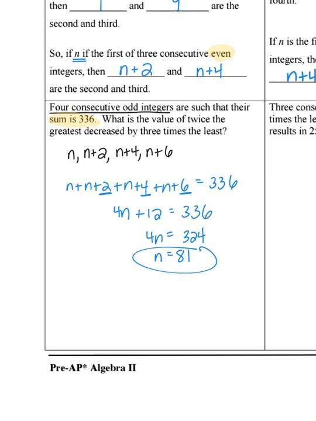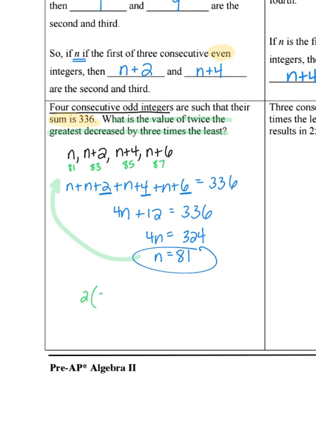It says, what is the value of twice the greatest decreased by 3 times the least? So twice the greatest, so the greatest is n plus 6. So actually before I do that, I'm going to fill in what my integers are. So if n is 81, that's my first one, plus 2 is 83, 85, and 87. Those are my 4 consecutive odd integers. Okay, so it had said